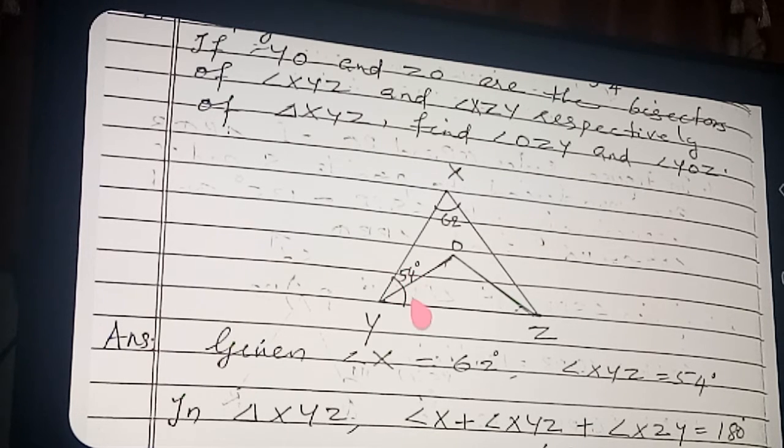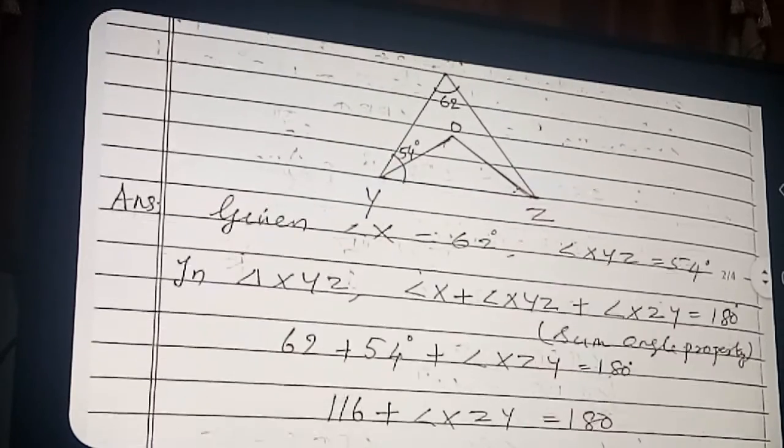54. So you want to find out angle OYZ. How can we find angle OYZ? Angle OYZ is equal to half of the full angle, because these both are equal now. So each part is half of the full angle. For example, once more I will repeat: this angle 10 and this angle 10. What is the total? 20. What is half of 20? 10. So how do we find OYZ? OYZ is half of the full angle, because it is bisected, dividing into two equal parts. Okay, so we can come to the calculation.